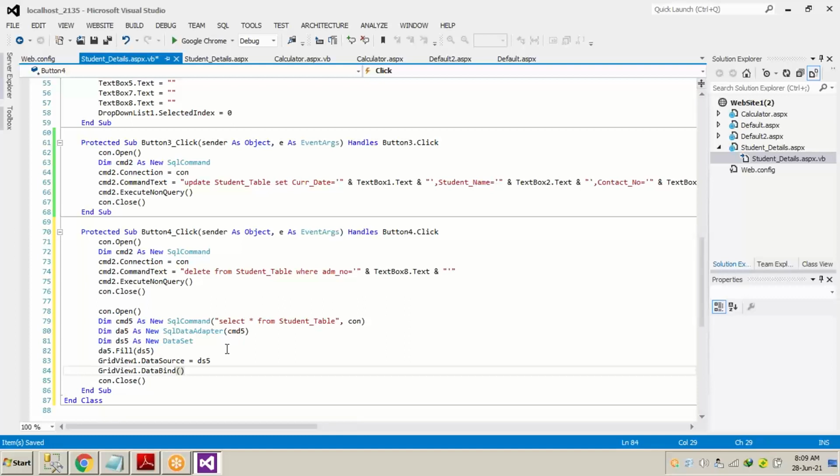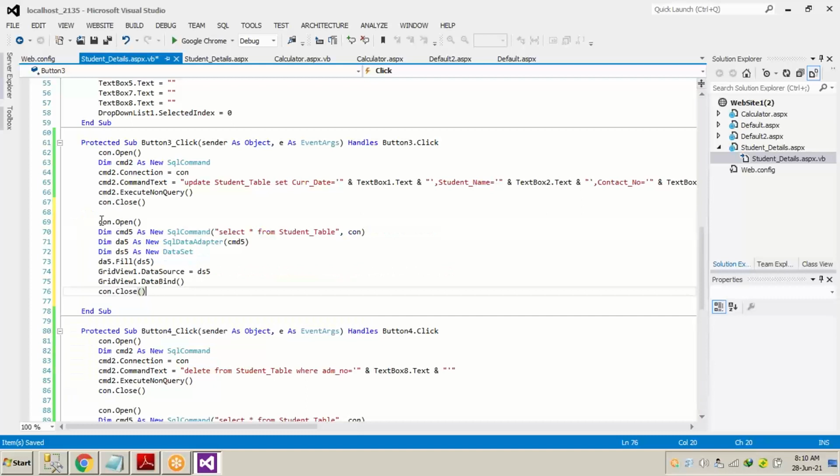Now let's do one thing. Let's just try this. Let me just open once more. Okay. So insert statement is clear. Making the form clear is clear. Update is clear. Now we have to write delete. Remember this admission number is a text box, in which we have to write the admission number. Suppose we start with 123. We have admission number 123. You can see the record right here.